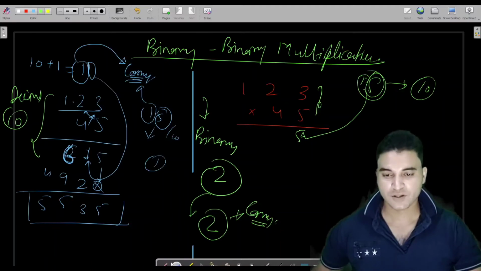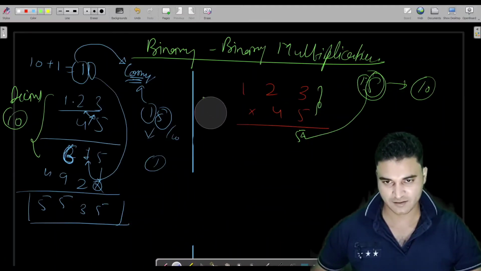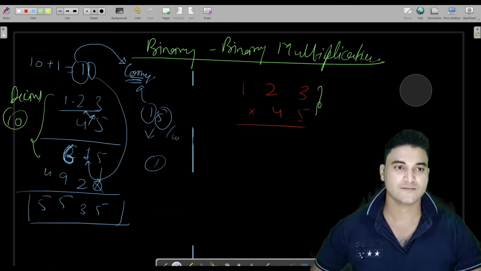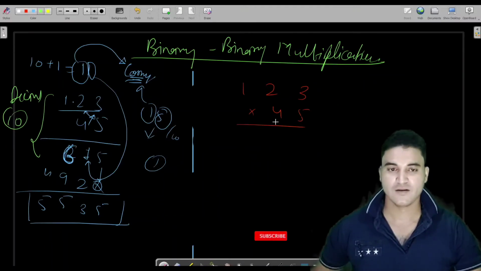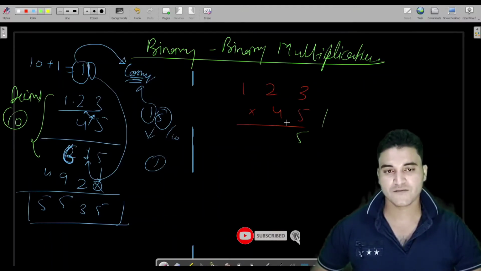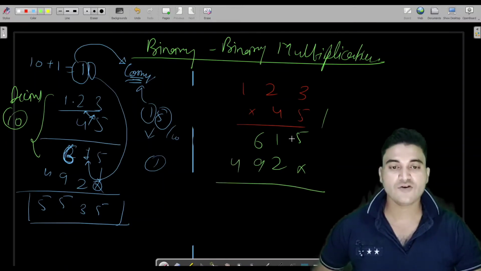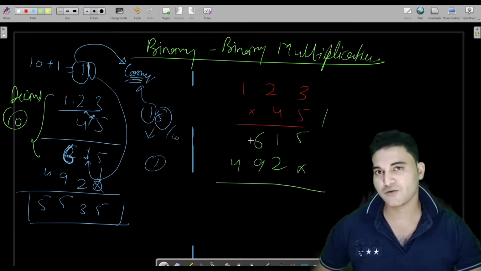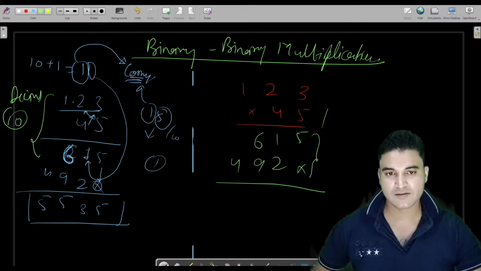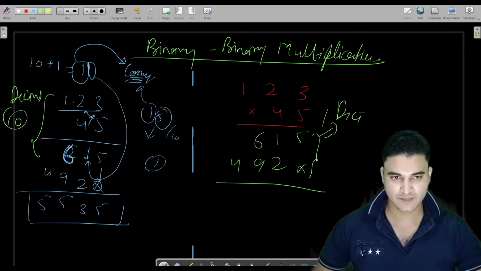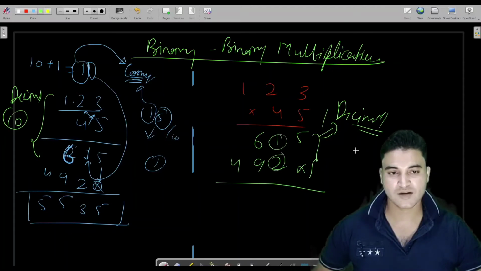Also one more thing is remaining, which is, let us say 5 into 3 is 15, 1 is carry, 5 into 2, 1 is carry, 5 into 1, 6. 12, 1, 9, 4. Now you have to add these two numbers. Previously what you were doing? You were adding these two numbers by considering that these numbers are decimal. That's why you were checking whether this sum is greater or equal to 10.